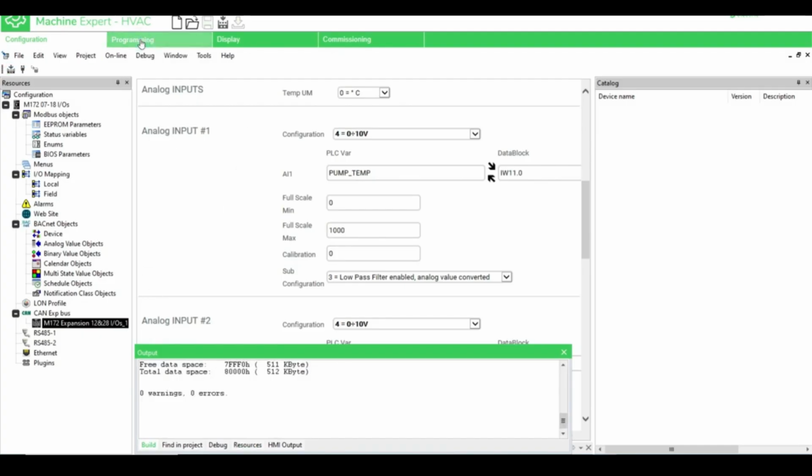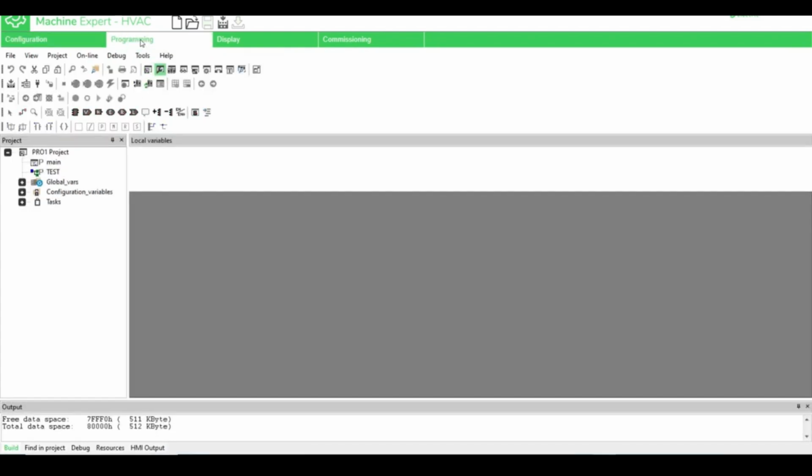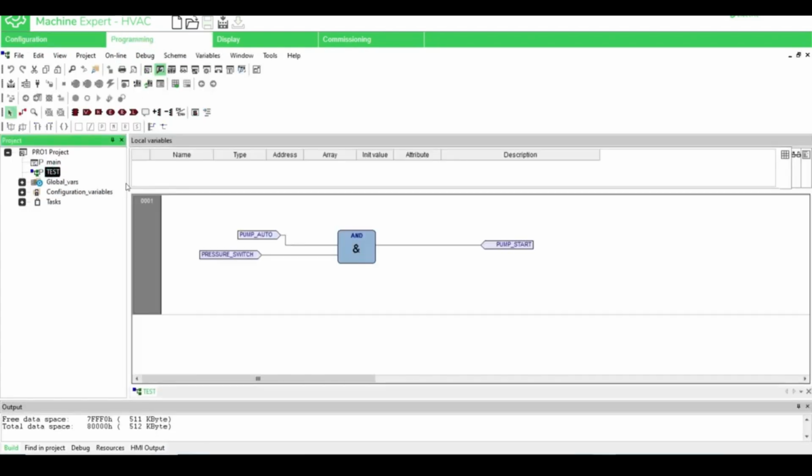In the previous tutorial, we already created a basic program using the main PLC controller. If you look at the variable list, you'll now see I/Os from both the main controller and the expansion module. For example, pump auto belongs to the main controller, while pump high temperature alarm and pump trip are connected to the expansion module. You can use these expansion module signals exactly like the main controller I/Os when building your control